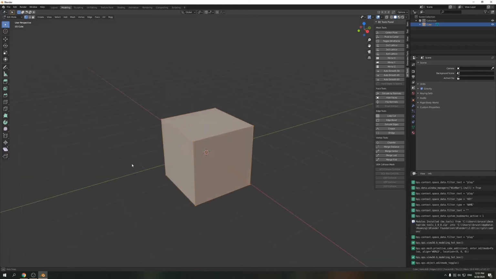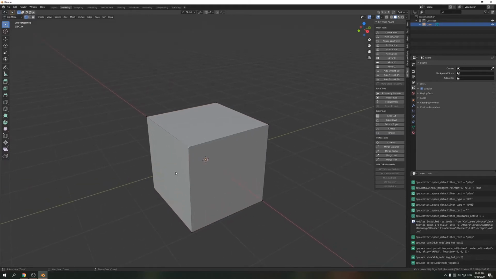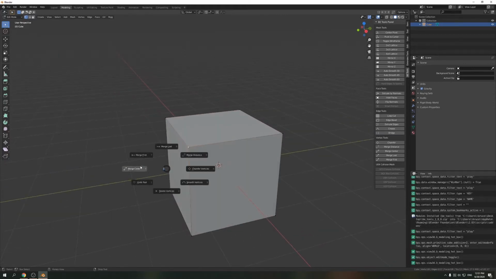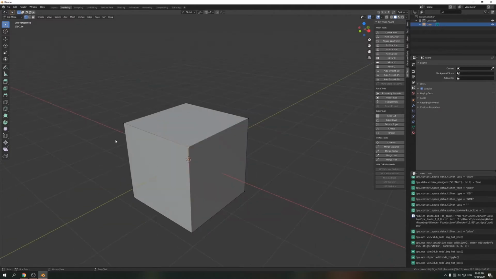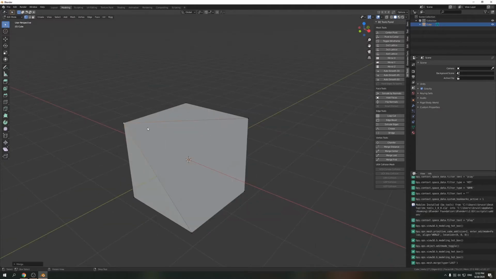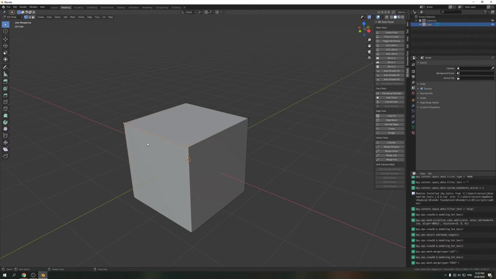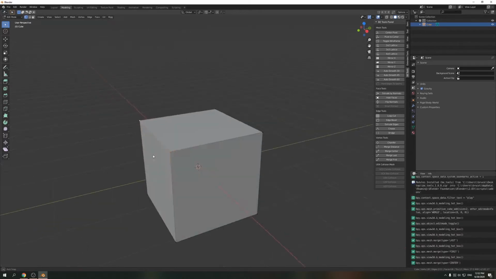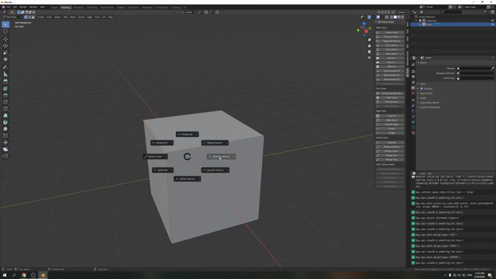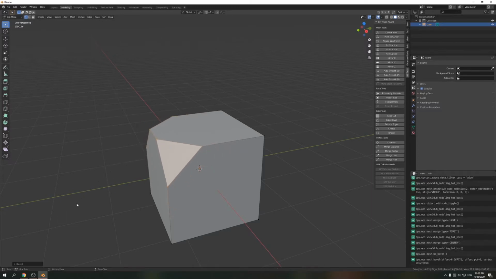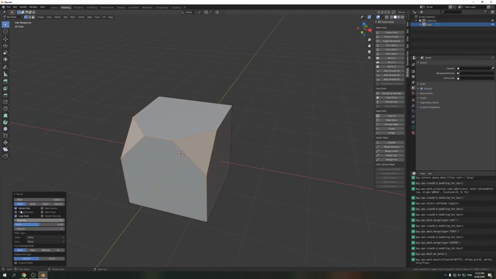If you hit tab to go into edit mode, right now we're in vertex mode, and you hit play, you can see that these commands change to vertex commands. So we have some merges, chamfer, smooth verts, delete verts, and the knife tool. So if you select two verts, merge last, merge first, merge center, etc. All those are there for quick and easy access. Chamfer just brings up the bevel command,